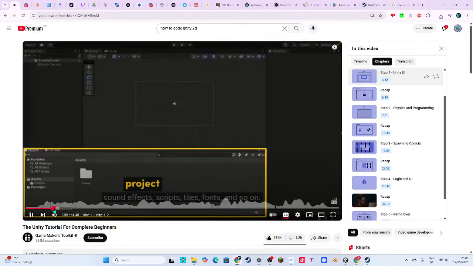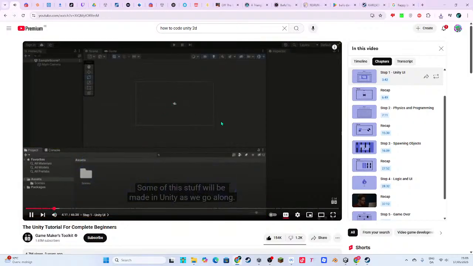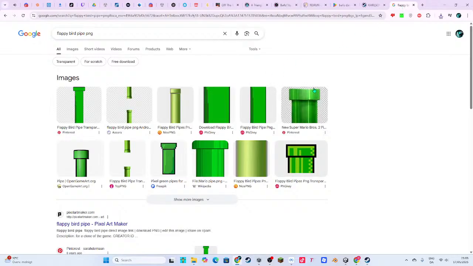Here is the projects and so on. Some of this stuff will be made in Unity as we go along, but we can also just drag and drop files from elsewhere on our computer.